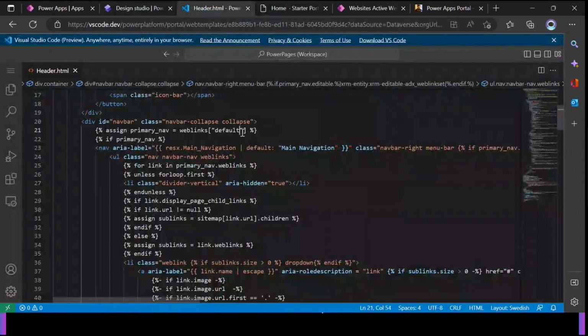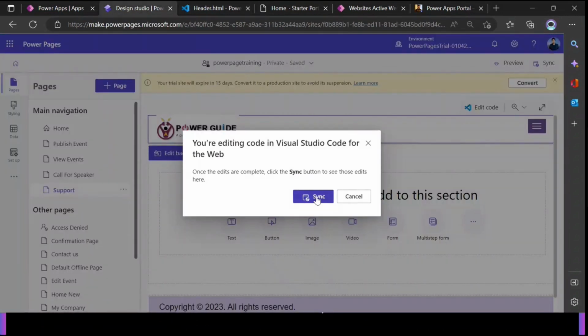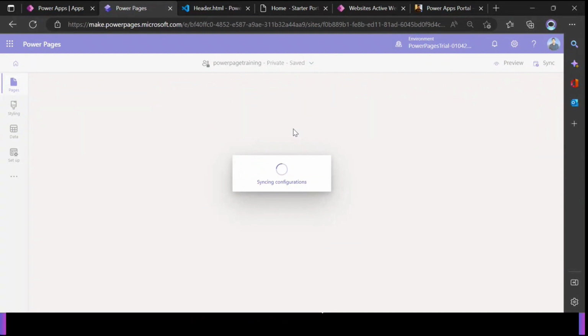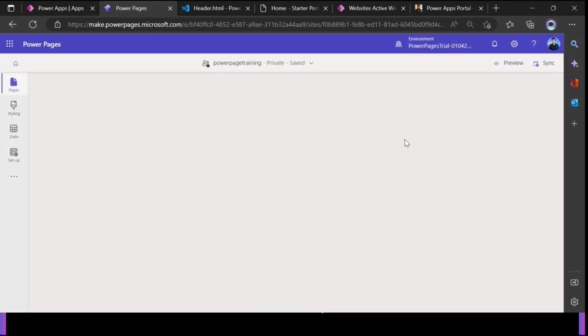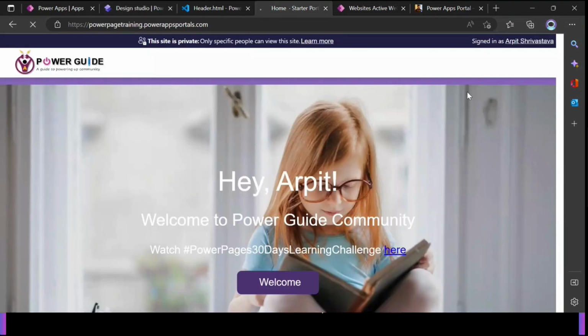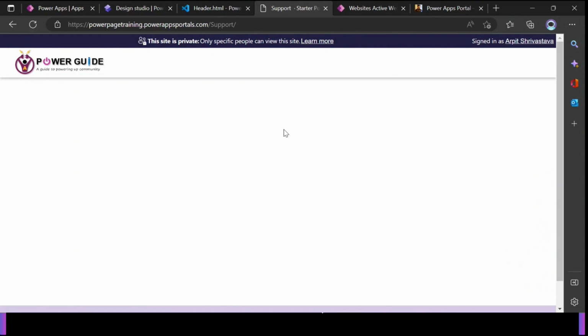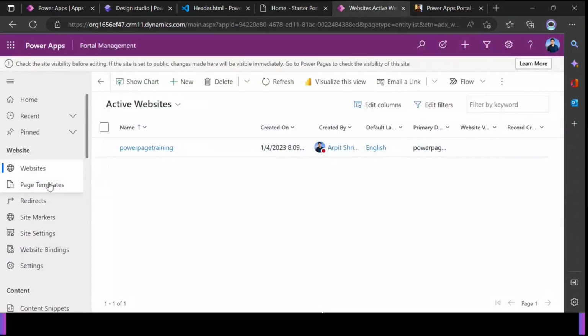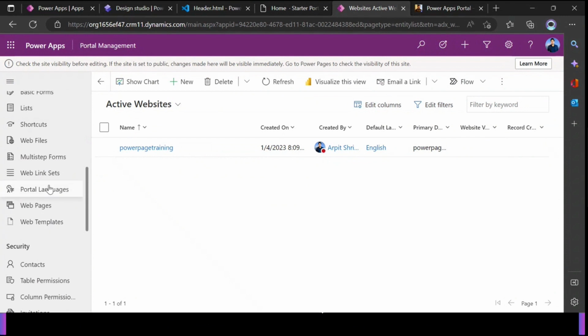Okay, let me sync back the changes first. Go back here, sync the changes. Okay, now hit preview. Okay, unfortunately, I cannot see all the links. So let me check what went wrong. If I head over to the web link set,